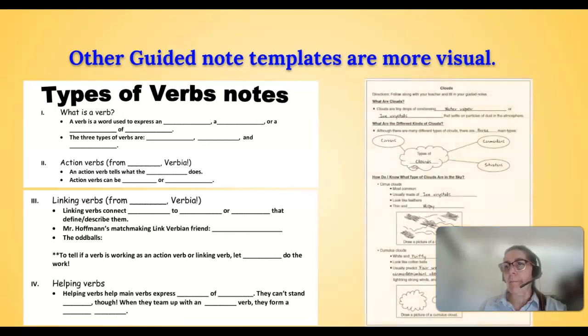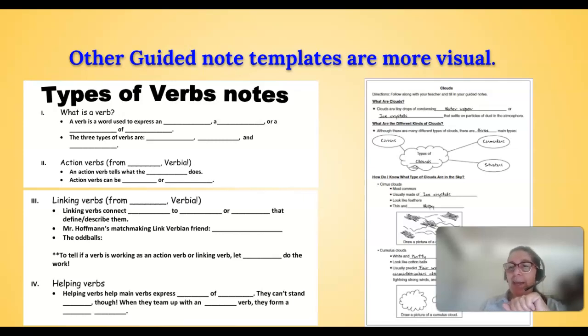The next template we're going to look at is a combination of fill in the blank, labeling, and then drawing. So this combines a little bit of everything. It starts off again with what are clouds, the definition of clouds, and then you have a fill in the blank for